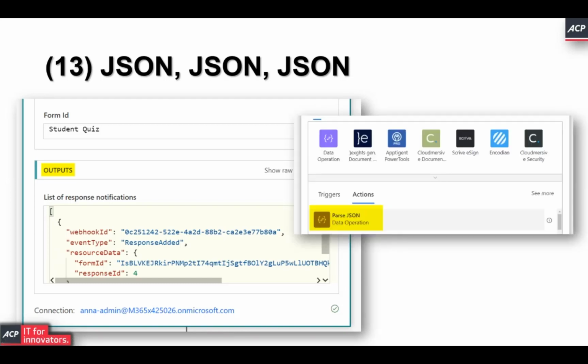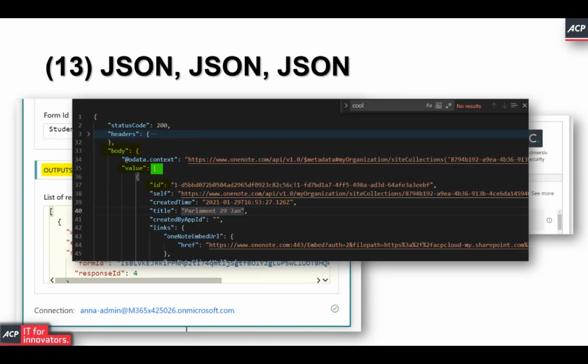And there is its own connector that you can use to parse JSON if you find it too complicated to find out the actual structure underneath. And even if you don't want to use Parse JSON and you have a very complex file like this one, you can always incrementally use all of the values that are in the JSON.